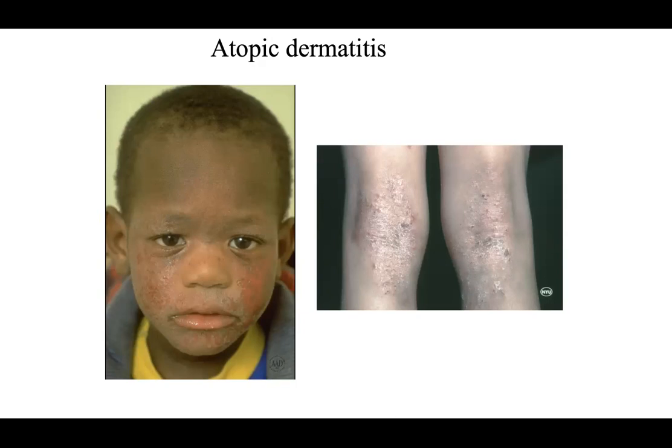But you're expected to recognize that most young kids that have erythematous weeping plaques on the face, lichenified areas due to secondary chronic pruritus and scratching on the popliteal fossae, the antecubital fossae, anywhere on the body really, with just chronic pruritus,